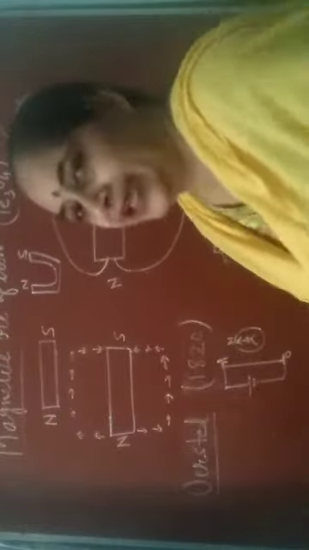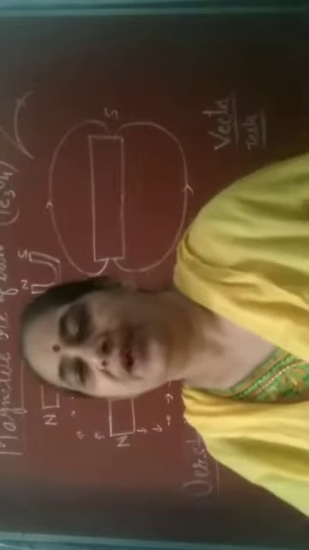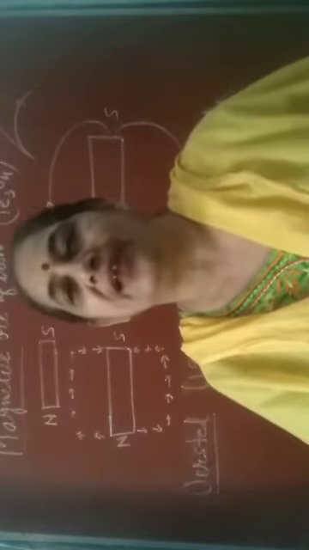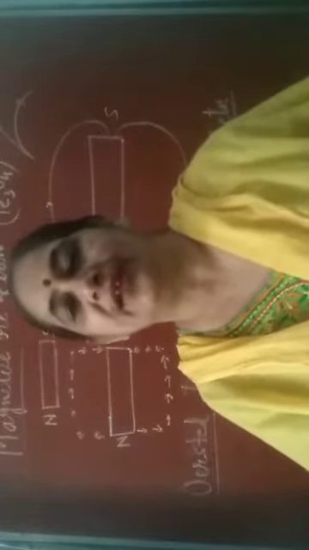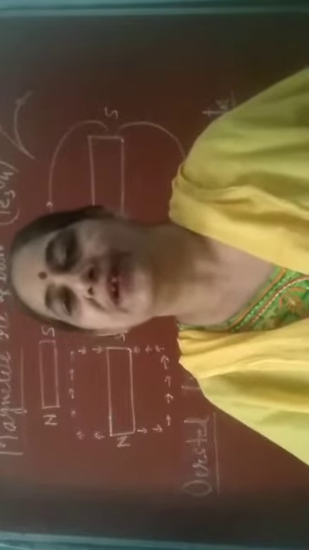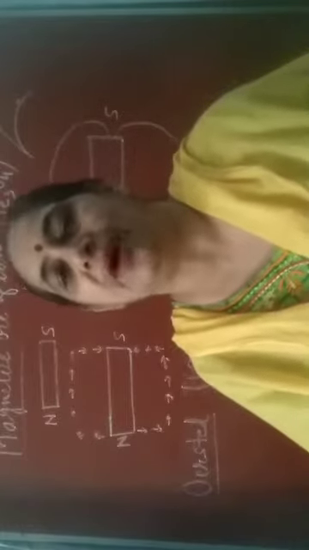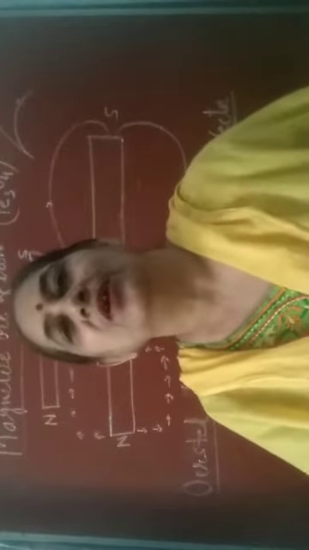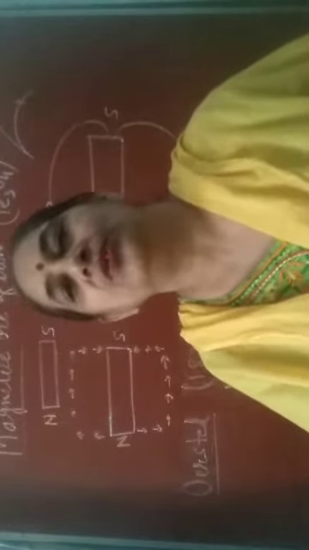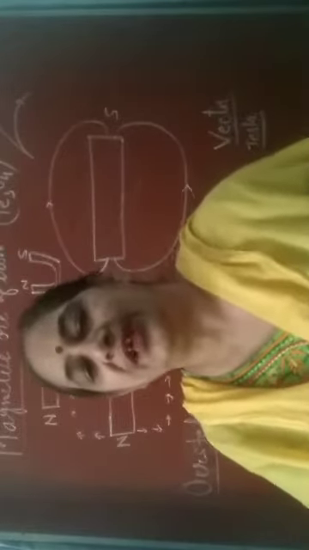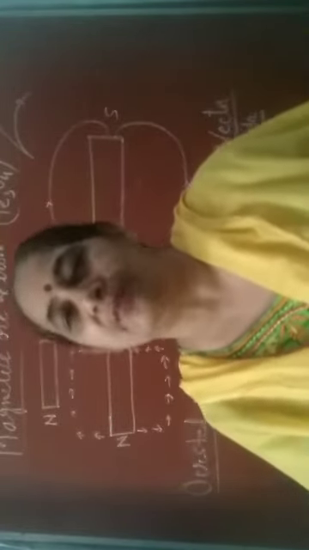Here you see the bar magnet. A magnet can be of different shapes. Artificial magnet and natural magnet. A natural magnet has no particular shape and size, but artificial magnets are given different shapes. They can be given a bar shape, a horseshoe or U shape. Circular magnets are also available according to the need.